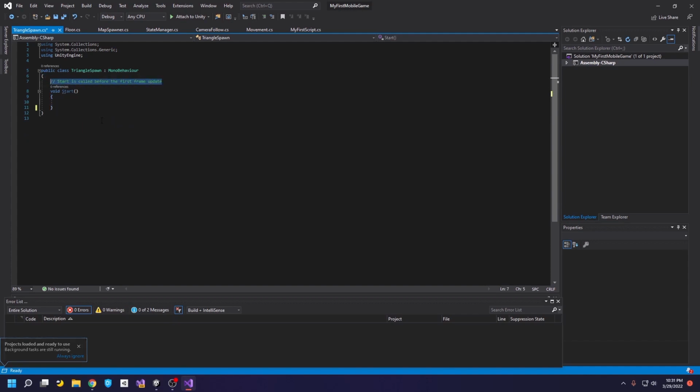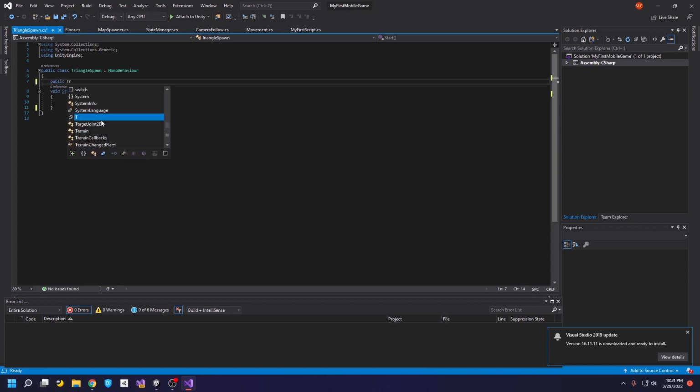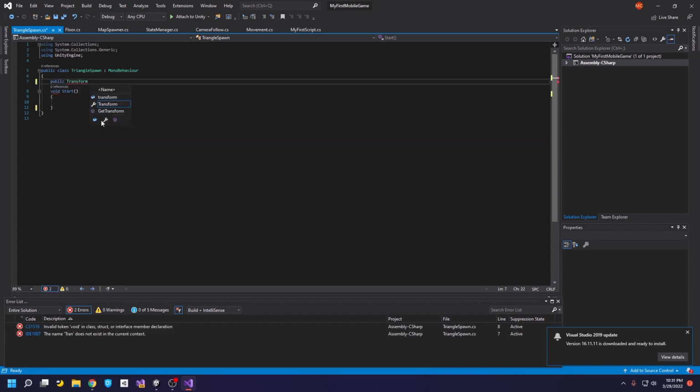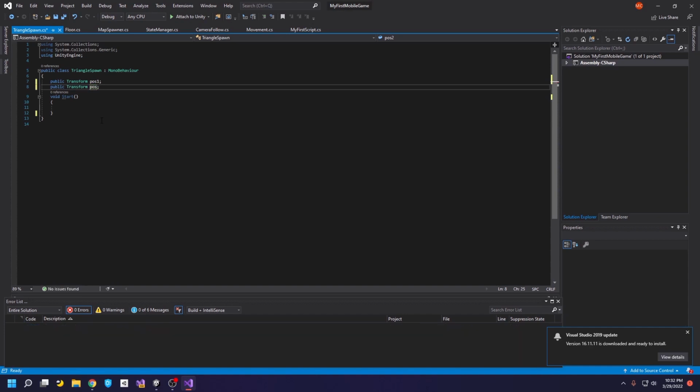Now, this is going to be a rather simple script because we have actually handled instantiating before, and everything in this script we've actually done before as well. So I'm first going to start by making my public transform, call it position 1. Then I'm going to make another one. Now I could type the exact same line again, public transform position 2, but a simpler way of doing it is just putting a comma and then writing position 2. And that's basically the exact same thing, saying public transform and I want 1 called position 1, 1 called position